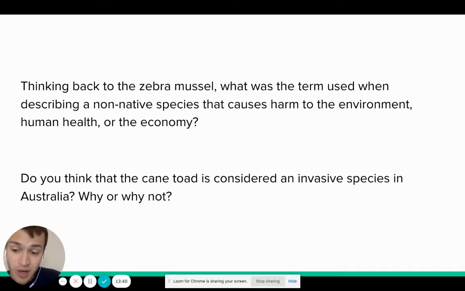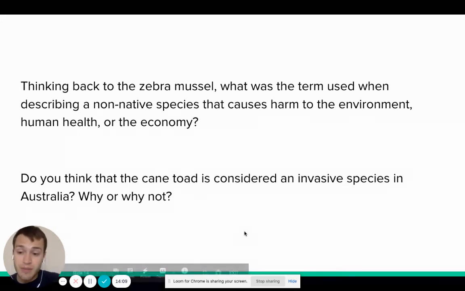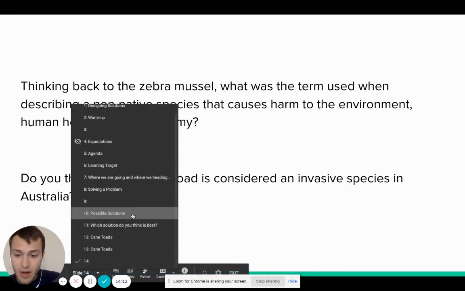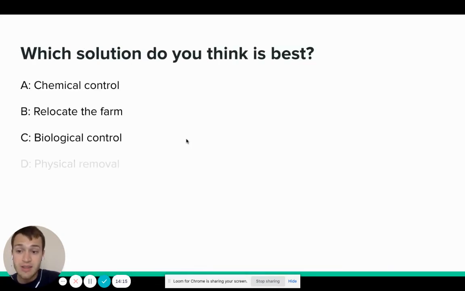But this is the problem with biological control. Even though biological control sounds really nice, because it's almost no work for humans and it doesn't affect our health, it can create a lot of harm in the ecosystem. Basically, anytime you're adding a new species to an ecosystem, or even adding more individuals of a species into an ecosystem, we can run into some problems. But regardless, all of these options are viable and valid. They all come with their own advantages and disadvantages. I just wanted to talk a little bit more about biological control.